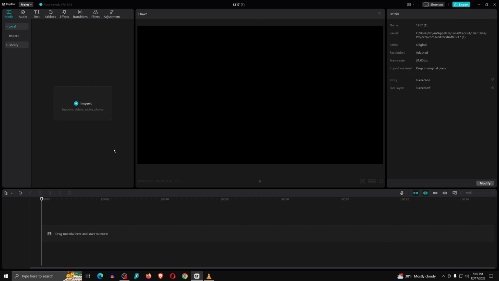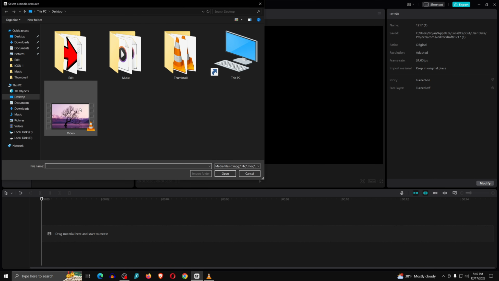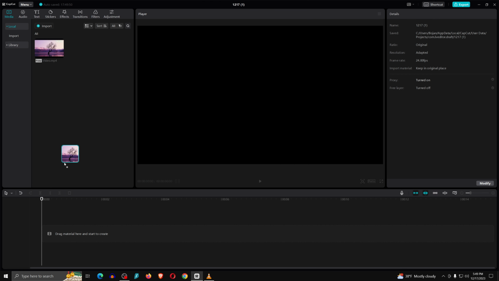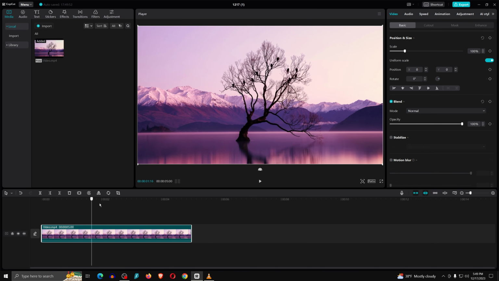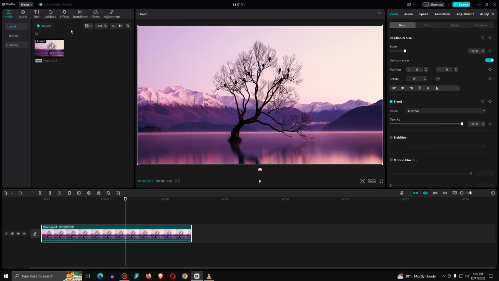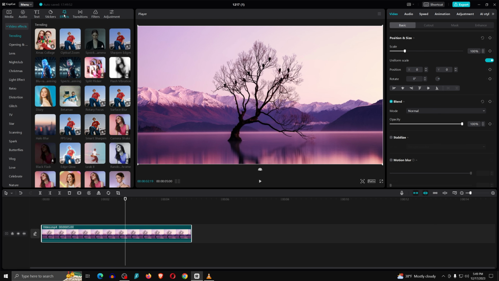In today's video, I will show you step by step how to blur video in CapCut PC. First, you need to import the video you want to blur and drag it onto the timeline. After dragging your video onto the timeline, go to Effects in the top left corner, then click on Lens and